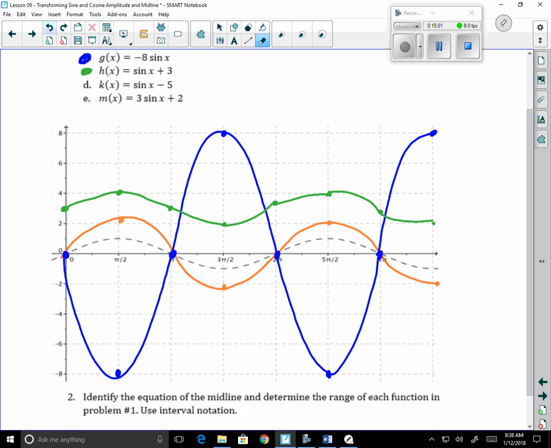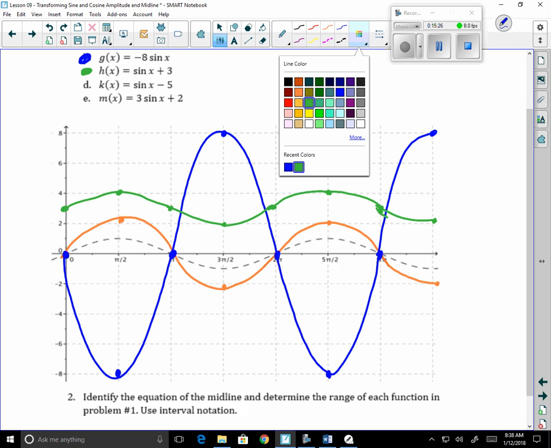The second half looks like garbage. Let me fix that. So we go to here, then it goes up to 1. That looks better. Back down to here, and then back down to here. That looks better. All right, so the next one says to do the same thing, but it's going to go